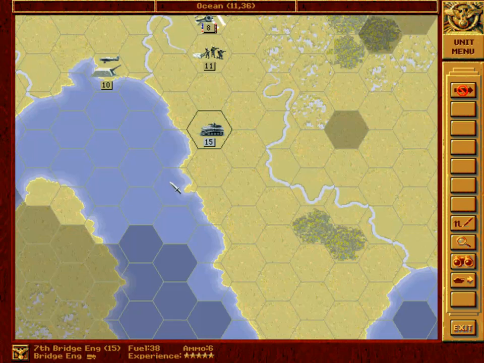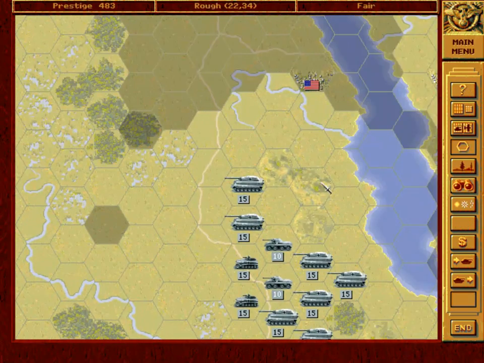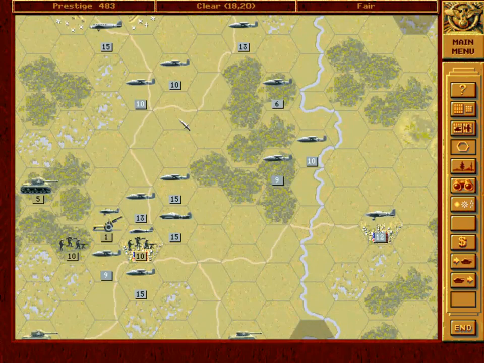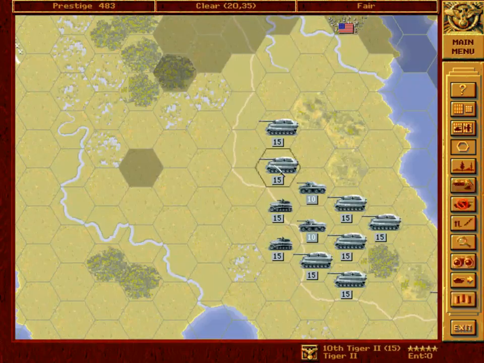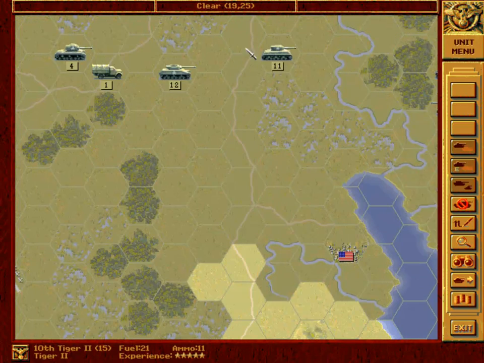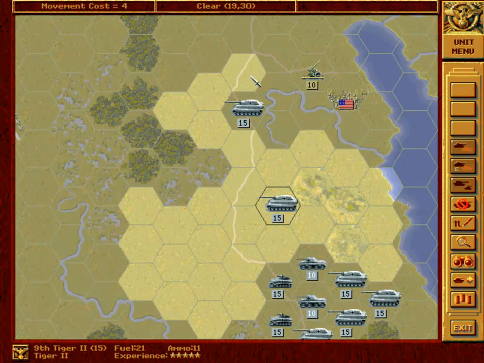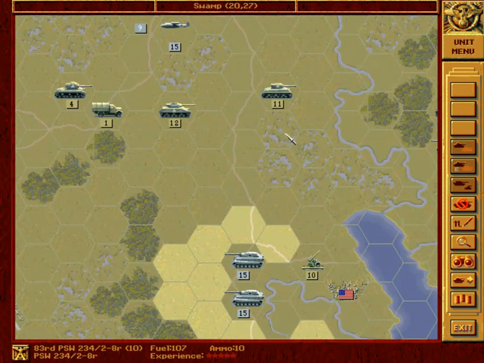Moving here. Now retreating this armor, even though it had to do with our paratroopers and everything, it's also bad news for our Tigers, since they are not fast enough to catch up with the enemy's armor, so they will just advance. The same goes for our